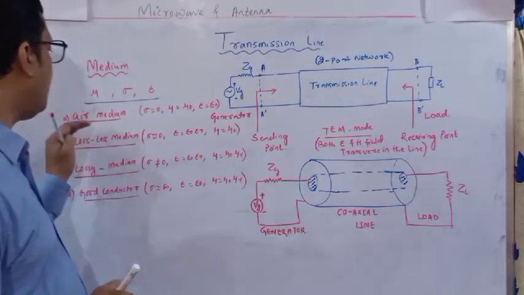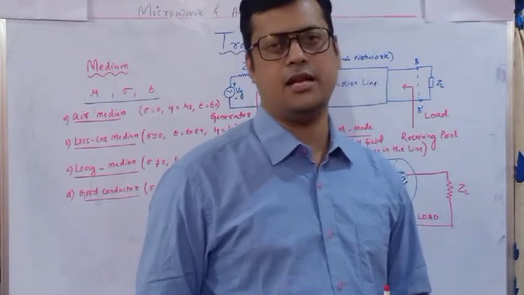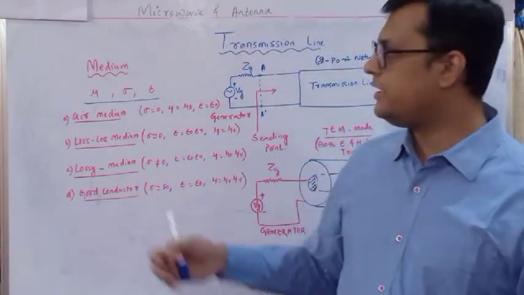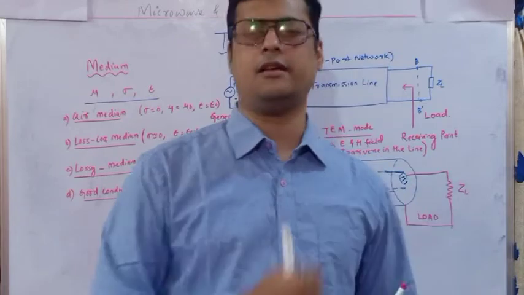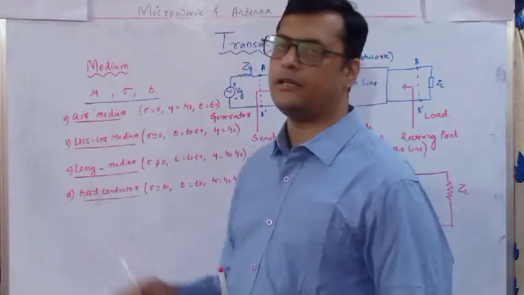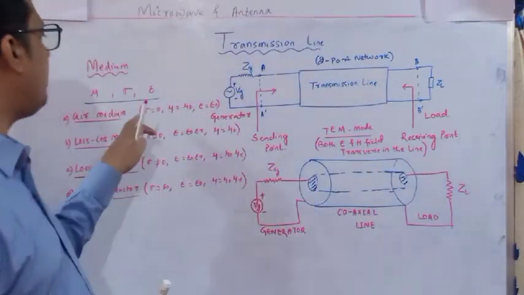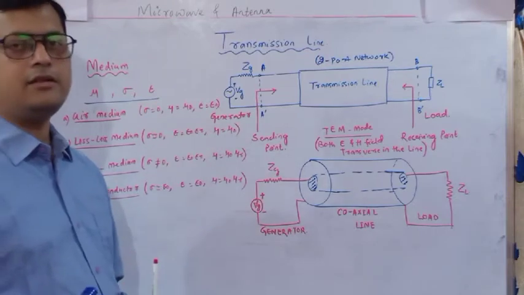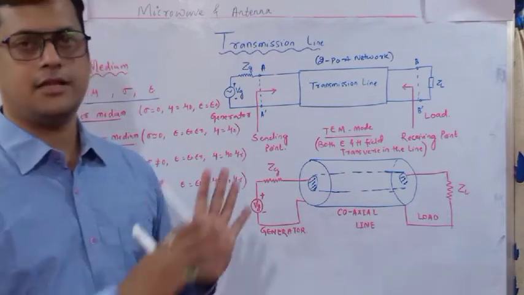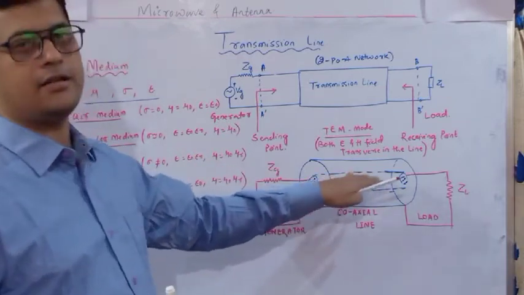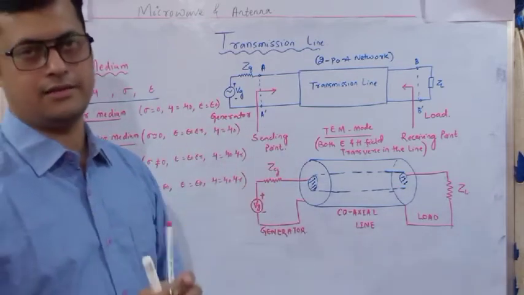Depending upon these three parameters, the mediums are further classified into certain categories. As you can see, the air medium, lossless medium, lossy medium, and good conductor are available. These are the mediums through which the wave can propagate from the generator end to the receiver end. If I say air medium, it means there is no conductivity, so the sigma value is going to be 0, the mu value equals mu naught, and the epsilon value equals epsilon naught. We have already discussed these things. I am just writing them for the sake of identifying the medium within the coaxial cable, two wire line, or parallel plate, whatever it is.